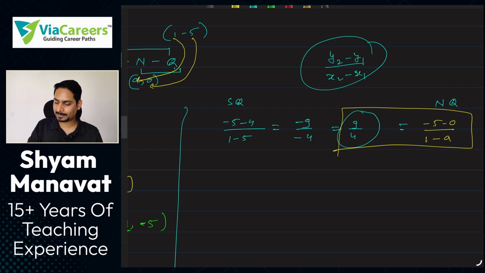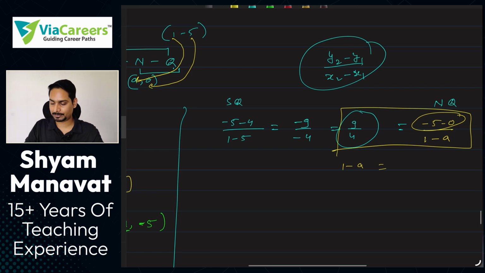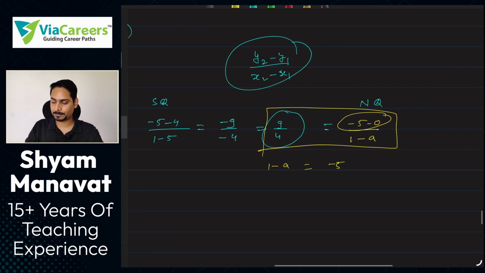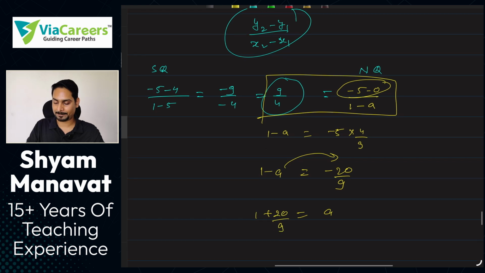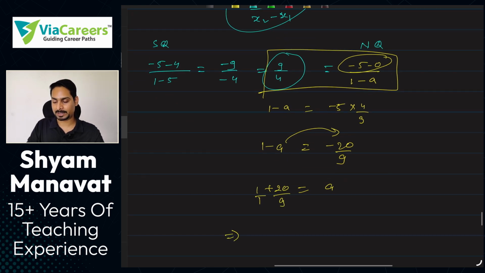So if you cross multiply here, this become what? -5. So here I take 1 minus A to the left hand side and 9 by 4 directly उधर ले जाते हैं because वहाँ सिर्फ -5 है. So -5 into 4 by 9. So this become what? -20 by 9 and this is 1 minus A. So A is equal to, जिसको लेफ्ट हैंड साइड ले जाके पॉजिटिव बनाएंगे, now A is equal to 1 plus 20 by 9. So if you simplify this further, you should get what? 29 by 9 as the value of A, and that's what we need to find out.